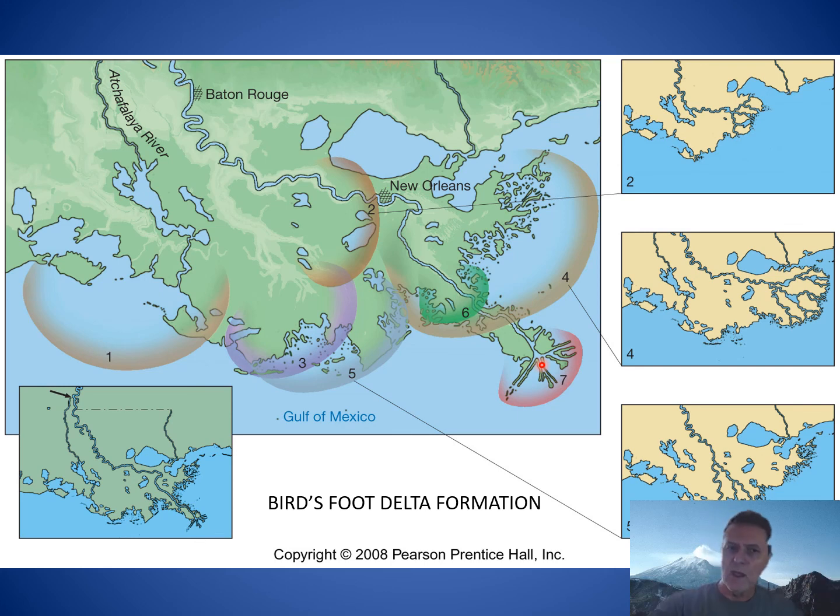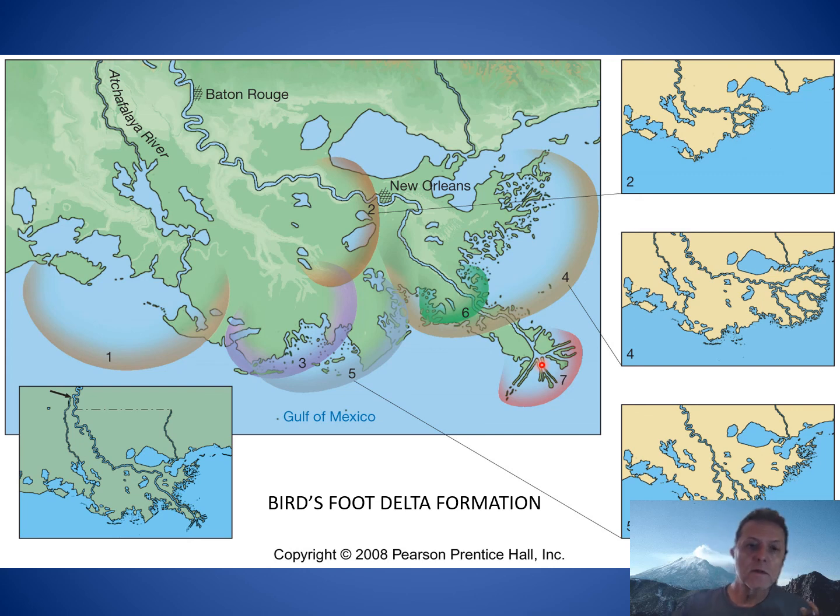What causes the switching back and forth? Well, it has to do with sediment load, it has to do with stream velocity, it has to do with the history of storms, hurricanes in the Gulf area, as well as large storms in the upper Mississippi, feeding waters and flooding that eventually made their way down towards the Gulf. So again, a dynamic system, very lively river system that goes back and forth and moves material around to a great extent